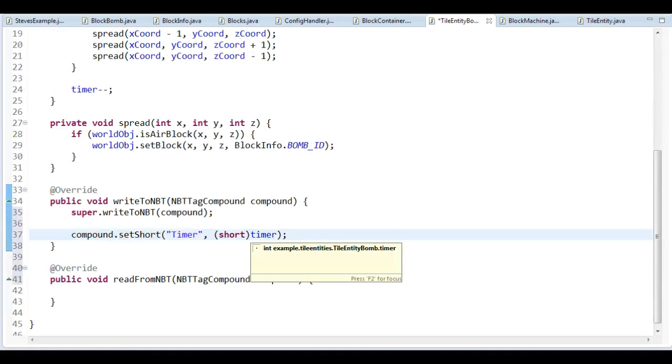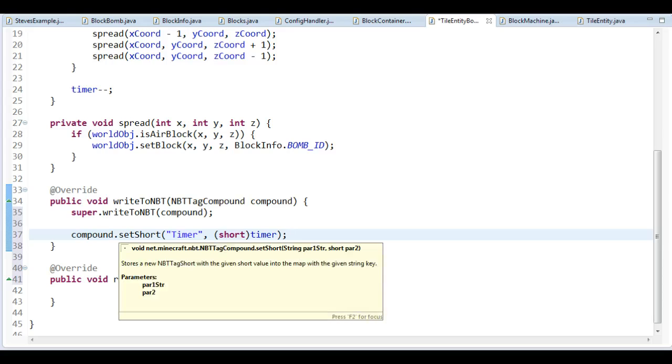So if I can, why shouldn't I use a short so I don't have to save as much information to the world save? Of course, just 2 bytes doesn't do a lot for just one block, but in the big run, when you have tons of blocks, it might be good to have this amount as small as possible. So that's why I'm saving it as a short